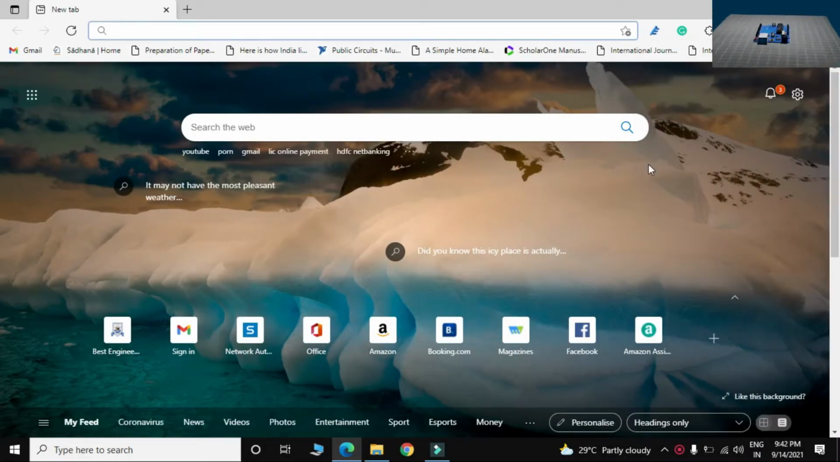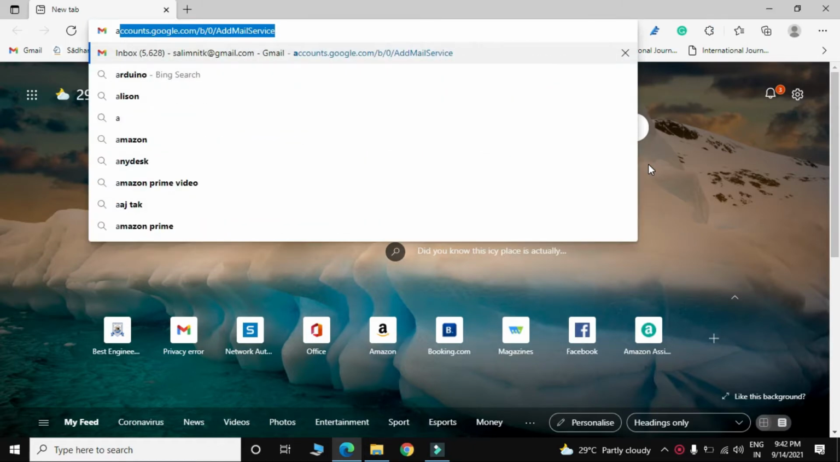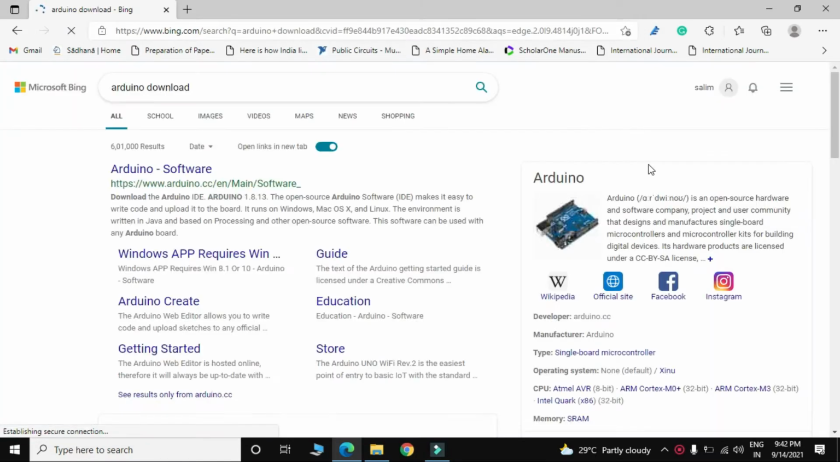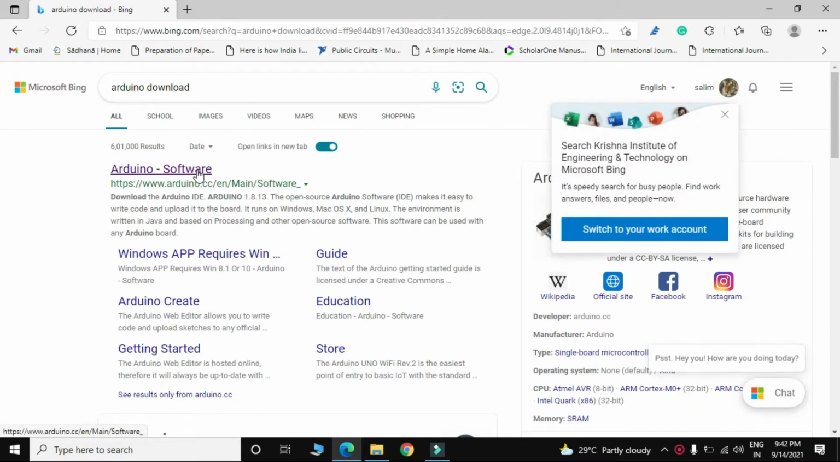Good morning. Today I will tell you how to download Arduino IDE. So first, on the browser you just type Arduino download. So over here we have the Arduino official site. You just go to Arduino software,